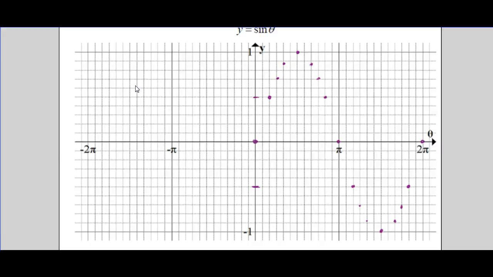It's going to peak there. So you come up through there, peak, fall down to the minimum value, and come back up again. So there's y equals sin θ. Now that's from 0 to 2π. Now if we go the other way,